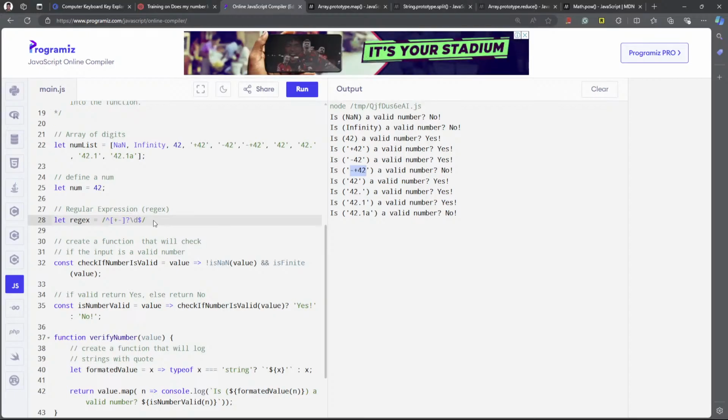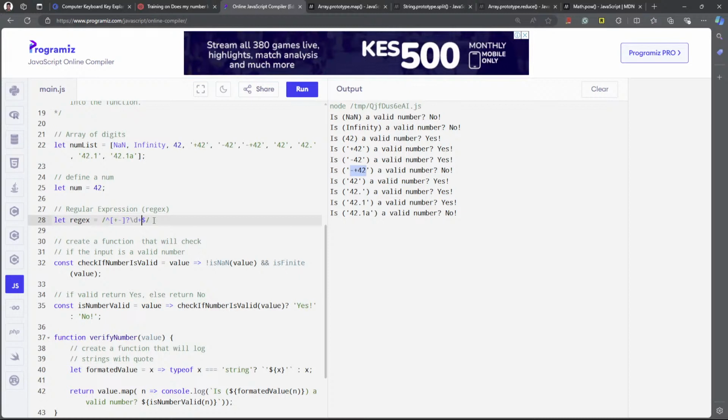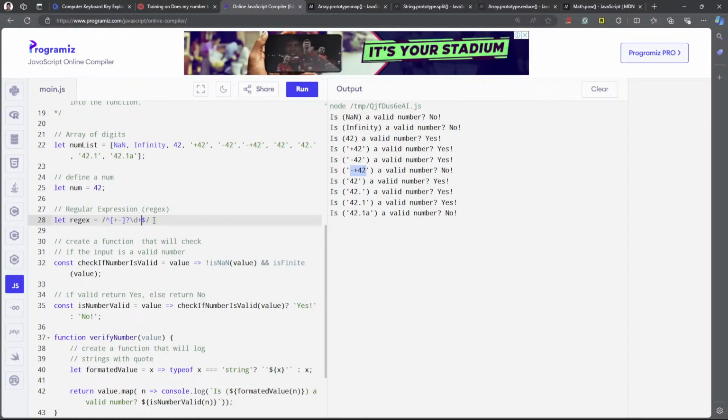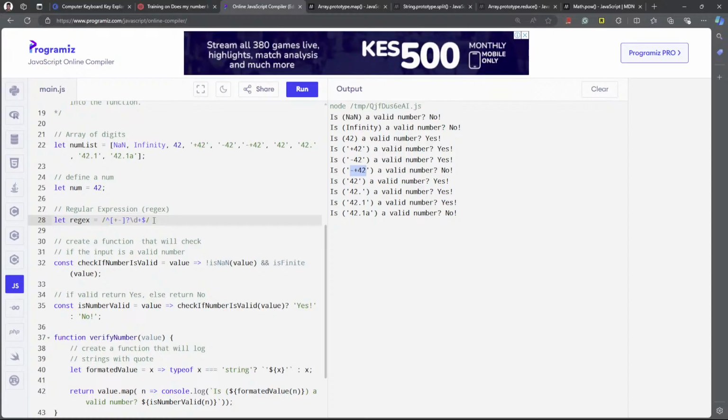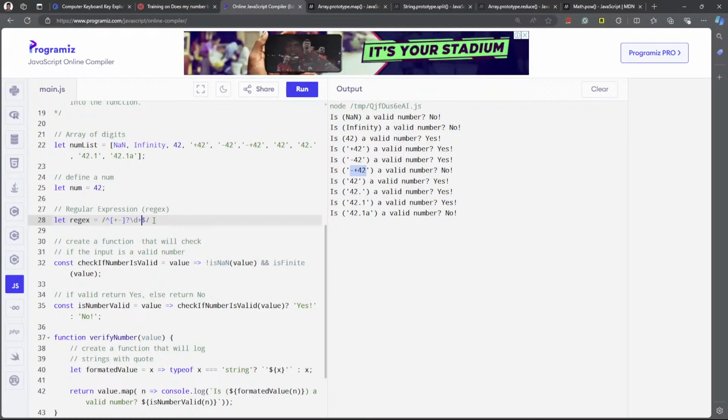It can be, as in it's more than 1, so we'll use plus. And then after checking for a number, we'll check for a decimal point and the extra number